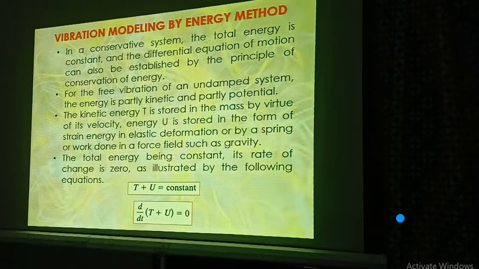When our body moves from the mean position to an extreme position, its kinetic energy converts into potential energy, and at the extreme position potential energy will be maximum and kinetic energy will be zero. Now when the body moves from the extreme position to the mean position, what will happen? Again the potential energy of the body will convert to kinetic energy. So at the mean position, kinetic energy of the body will be maximum and potential energy of the body will be zero.